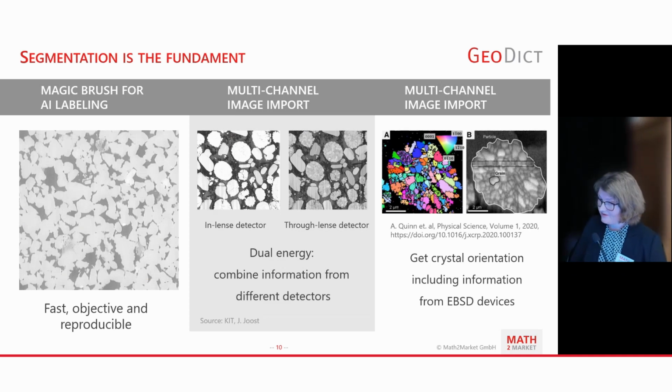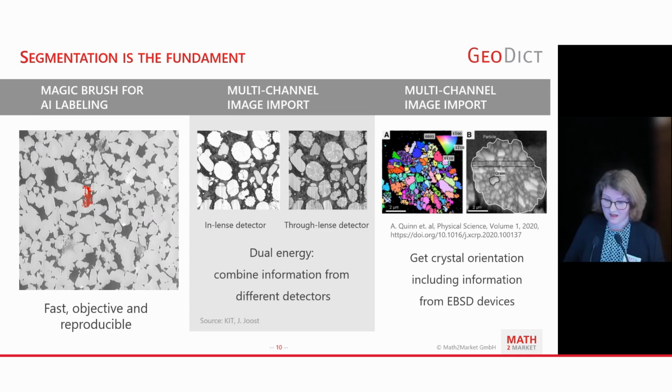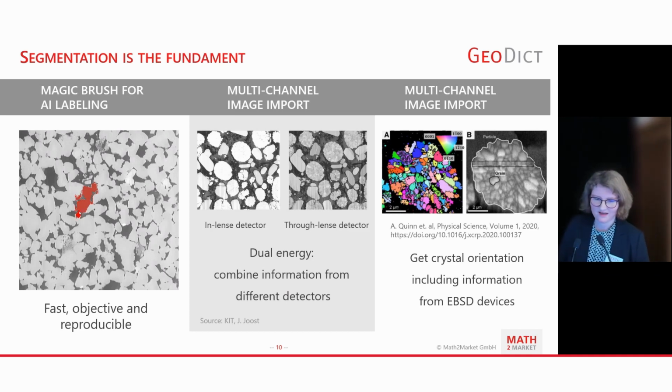And there are more impressive features in image analysis. In GeoDict 2024, the AI segmentation is even more efficient. You can turn on the Magic Wand feature, which I think is really cool, that utilizes powerful algorithms that help you to distinguish labels at the boundaries of different phases. You can see that here in this video. And so the precise labeling of your structure has never been easier than with this feature.